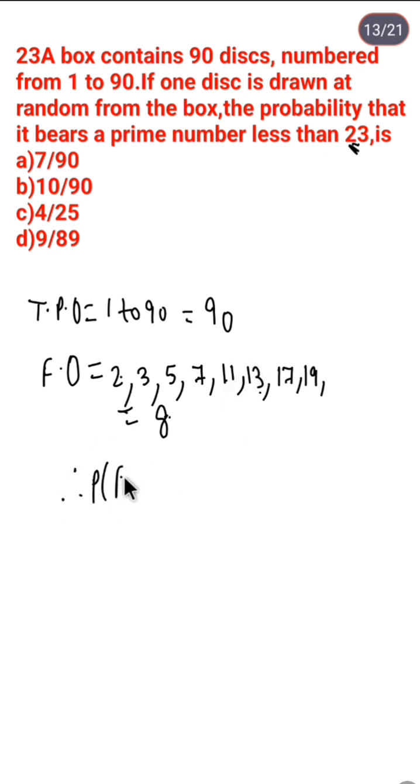Therefore the probability of E will be 8/90. Cancellation: 2 4s are 8, 2 5s are 10. 4/45. So here it is actually 45, which is mistakenly written in the book. 4/45, option C. Okay, now next question is